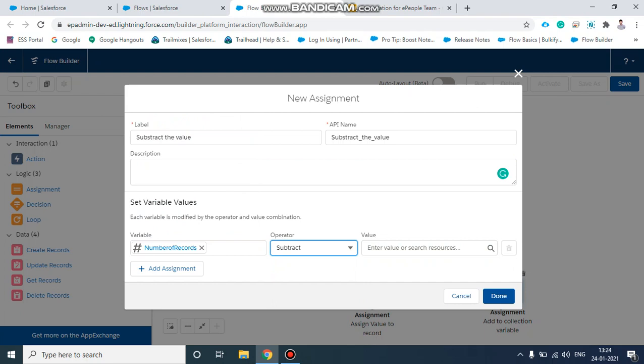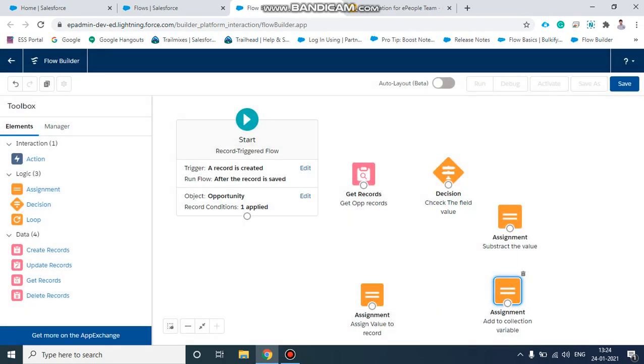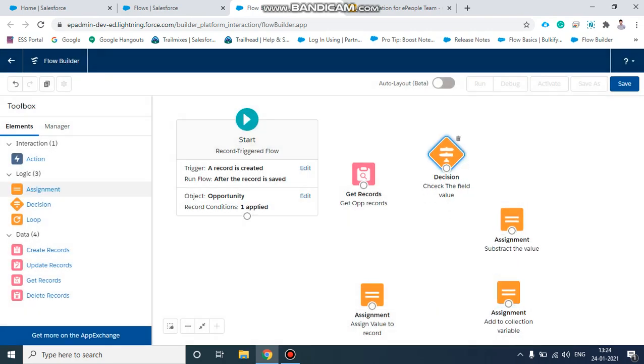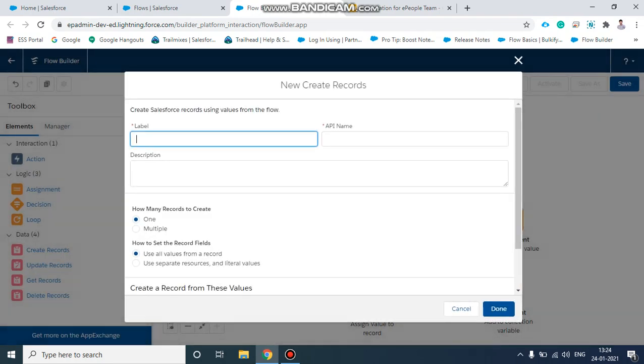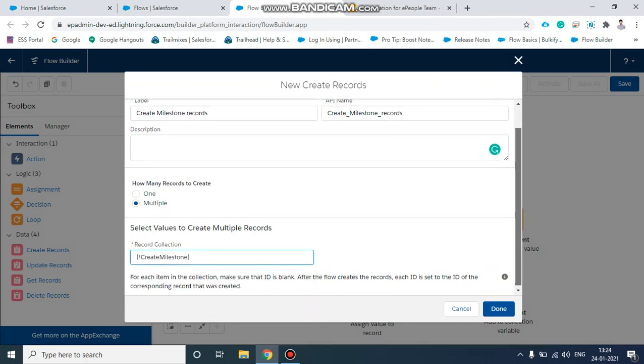Whenever it passes, it will subtract 1. After that, when the variable value is equal to 0, then we will create those records. So we will set how many records to be created, multiple, and we will assign that collection variable here.